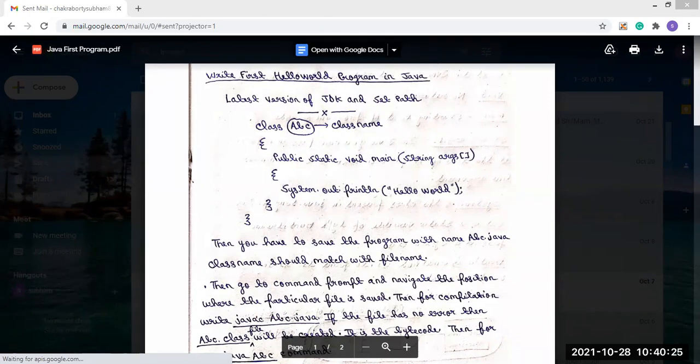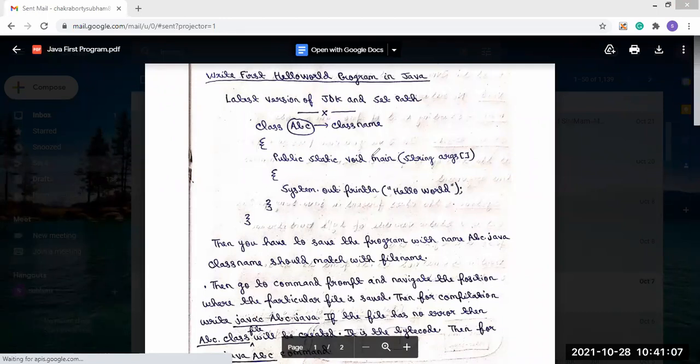Before starting that, when we have to do programming in Java, we first have to install the JDK, and after installing the JDK, we have to set the path. In the lab class, I will show that. First install the JDK, then copy the path, and after that you will do the programming in the command prompt. Now here you see the first simple program.